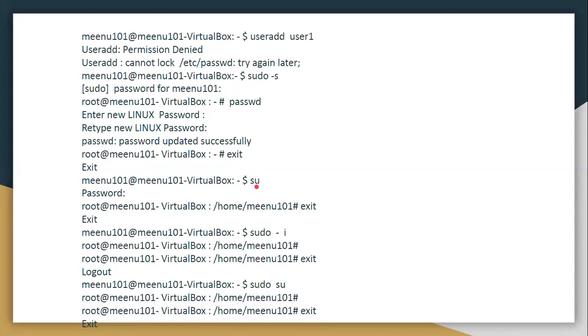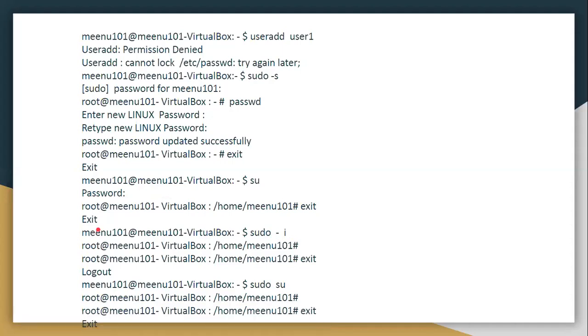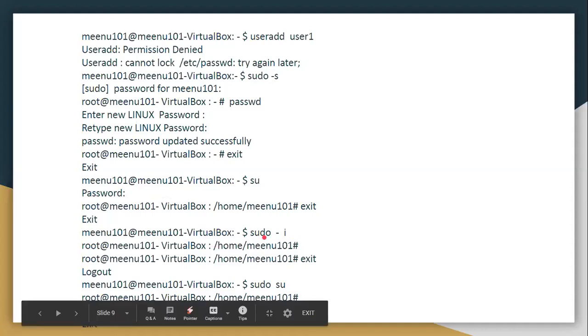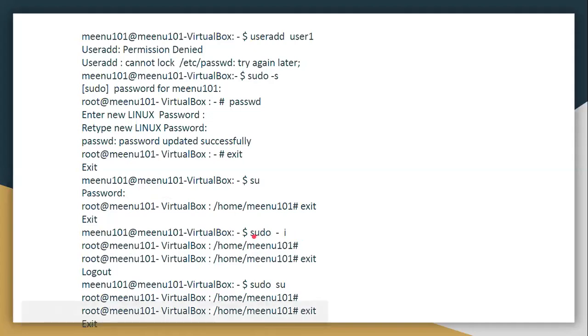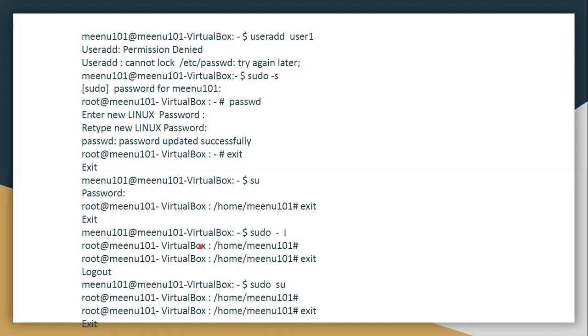The difference between this command and this command is that this one asks for a password. In this command, it is not asking me for the password. It can directly move me to root. So I'm directly moving from one shell, a normal user shell, to a root account or a super user account, not asking me the password. That means escaping my password credentials. I'm directly moving to my root administrator account.